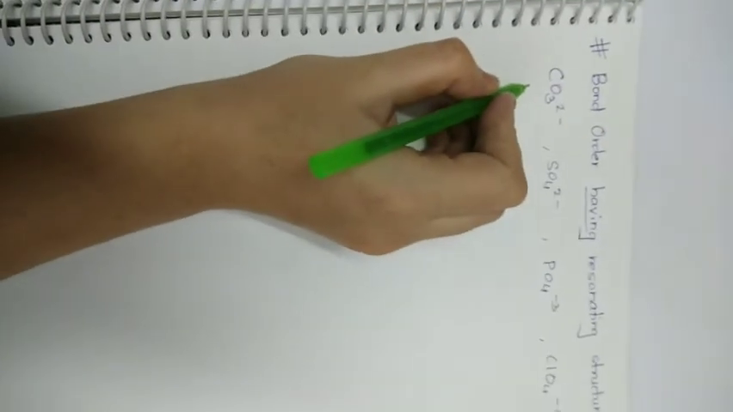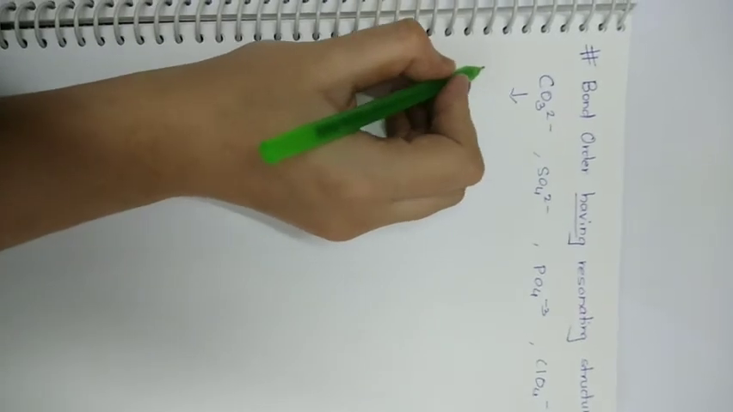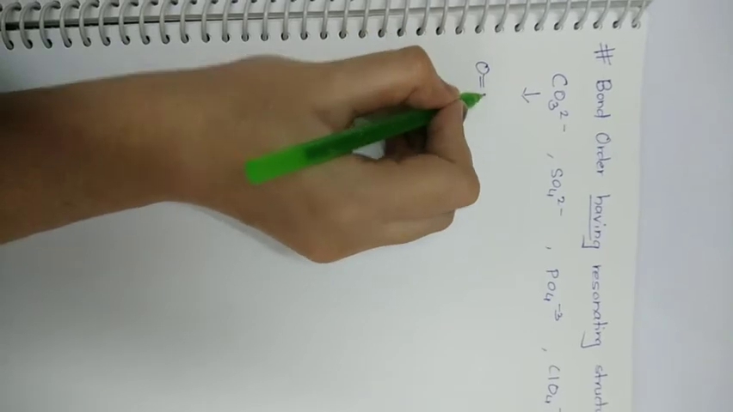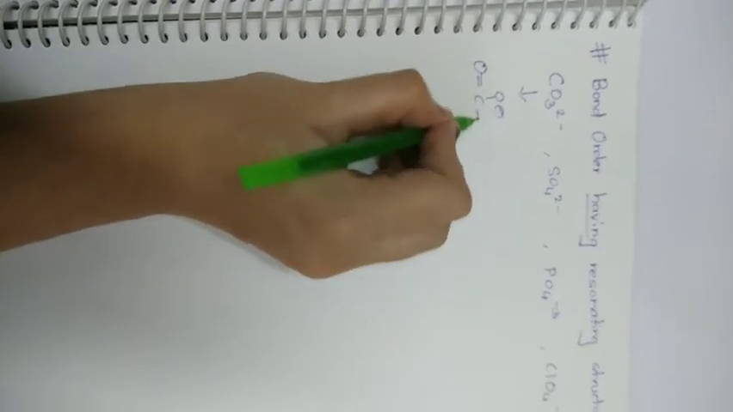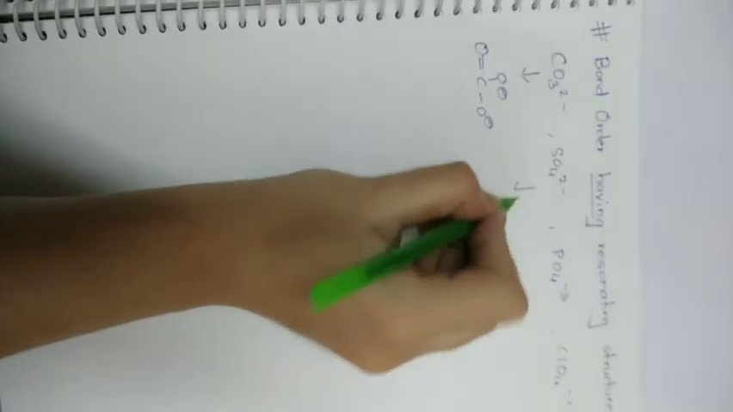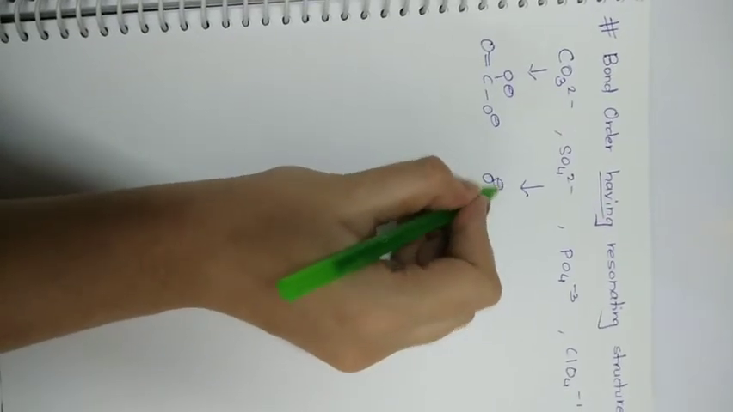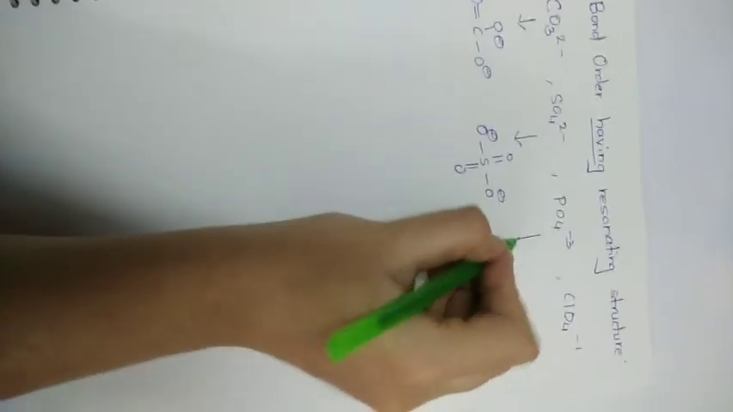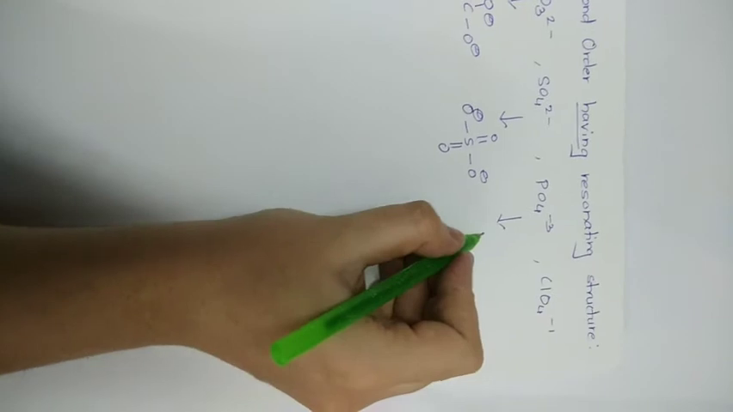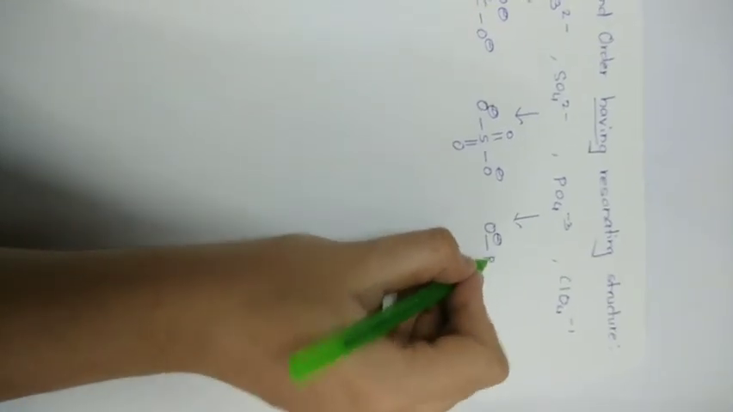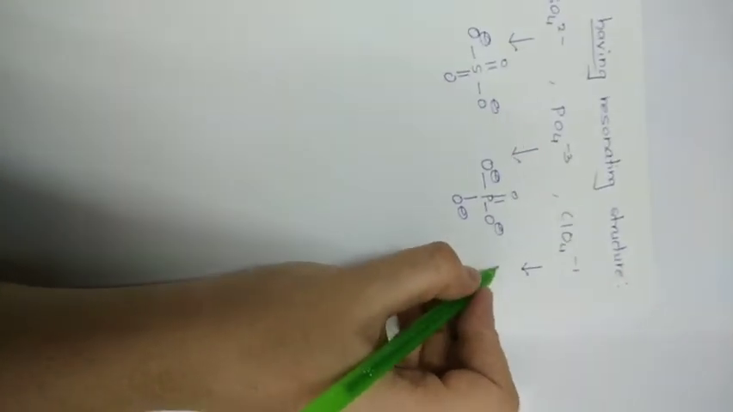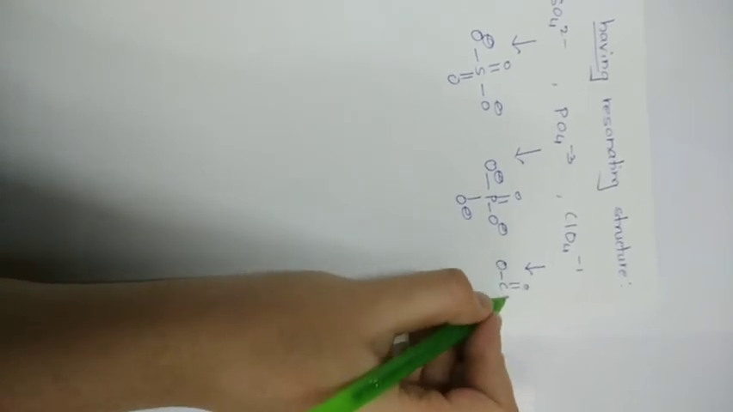Firstly, we are going to write down the resonating forms. How is the structure of CO3 2 minus? O double bond C, O minus, O minus. Okay. Next, SO4 2 minus: O minus, O minus, S double bond O, O minus. Okay. Next for phosphate: O minus, P double bond O, O negative, and again O negative. Similarly for ClO4 minus, O, Cl double bond O,